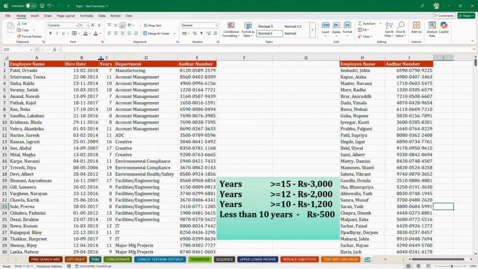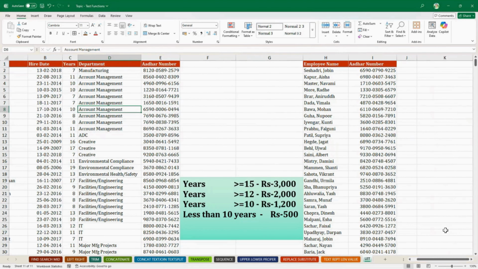We're on this sheet where we have the employees, where they were hired, and they were working for different years. We got department, we got their Aadhaar numbers. This is a different sheet, and we have different employees. Some of these employees here, we have selected employees where we have employee name and their Aadhaar